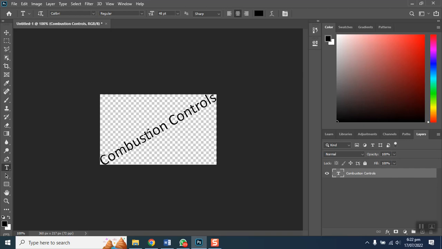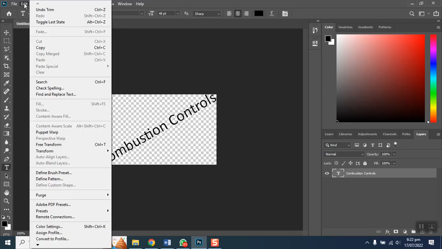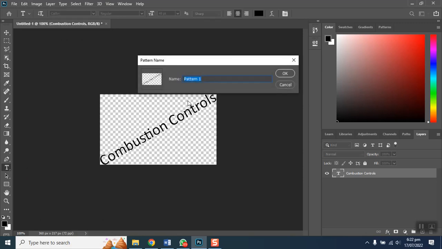Next thing we want to do is define the pattern of this watermark we've just created. So we will define the pattern of this watermark. For this we will go to Edit and here we have Define Pattern. In Define Pattern you can give any name. You can write, for example, we have written our company name Combustion Controls,